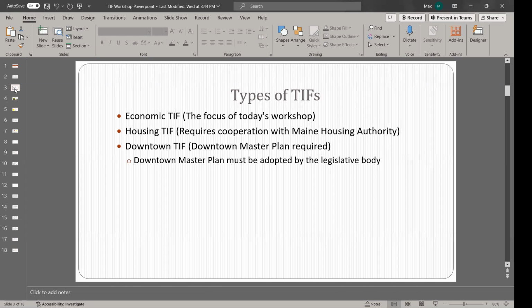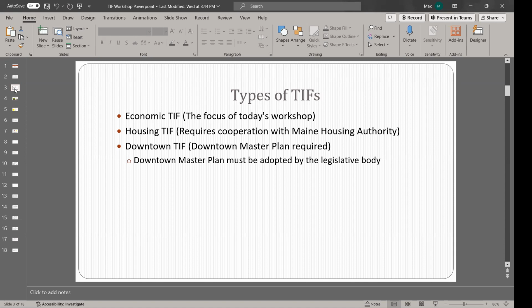If you have another TIF district, an economic TIF district, you can have the funds from the economic TIF district also contribute to your downtown TIF. So even if your economic TIF is miles away from your downtown, you can have any tax revenue generated from the economic TIF and put it right into your downtown. I believe that's what Richmond and Bowdoinham have done. They had the natural gas pipeline that was going through it back in the early 2000s. They created a TIF to capture all that. Then they created their own downtown TIFs. So all that revenue from those pipelines went straight to their downtowns.